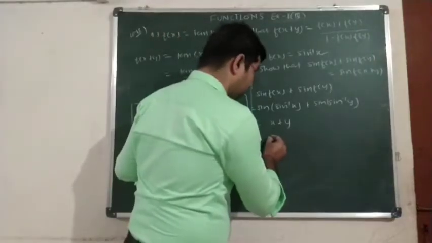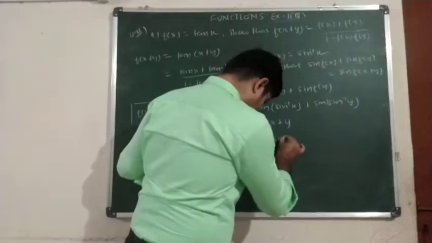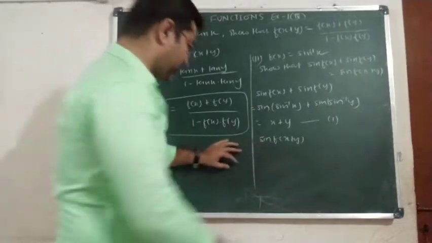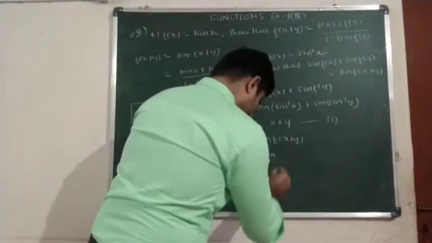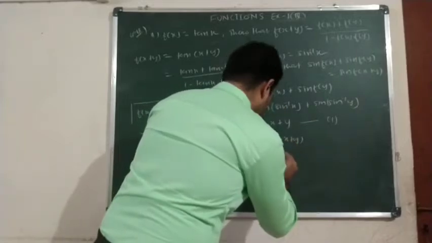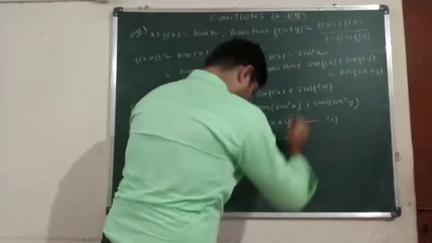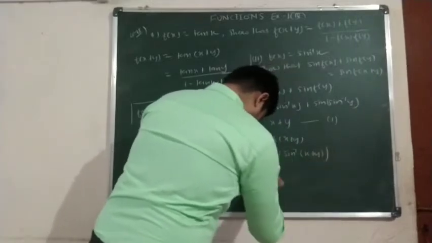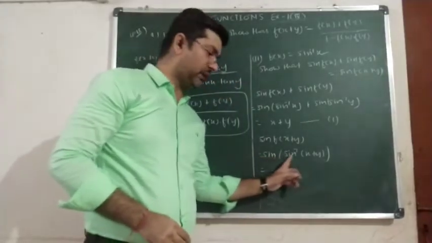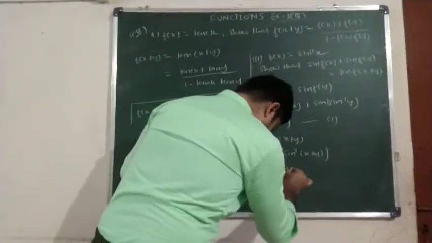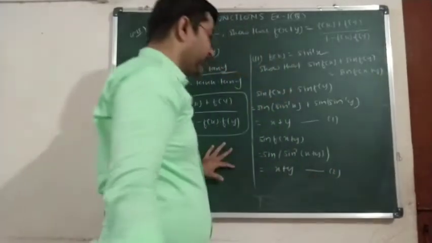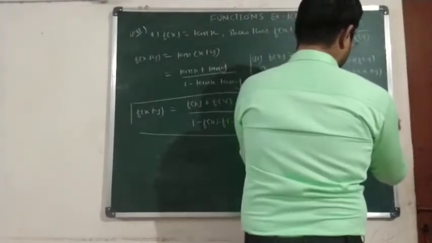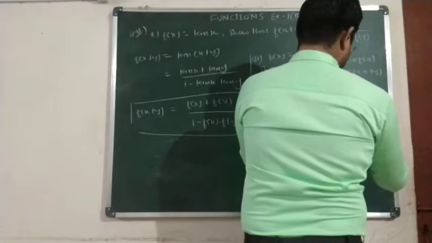Okay, now let us find out sine of f of x plus y. See, this is result 1. Now we will find sine of f of x plus y. So sine of function f of x plus y. Here for x we will put x plus y, so sine of sine inverse of x plus y. Again we will use the same property: sine of sine inverse x is equal to x. So here we are left with x plus y. This is number 2. Here give the reason inside the bracket, since sine of sine inverse x is equal to x